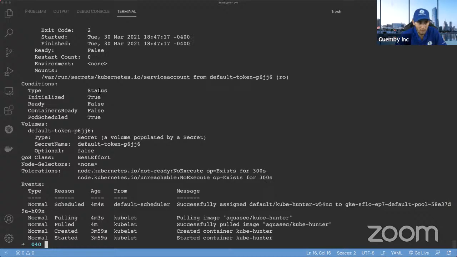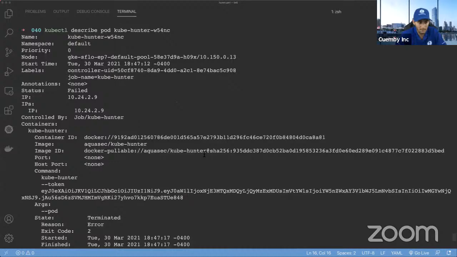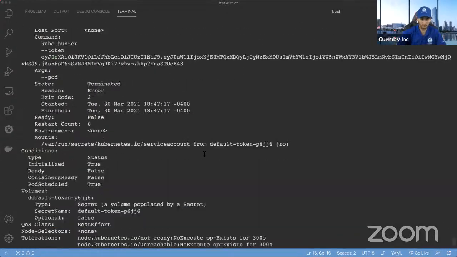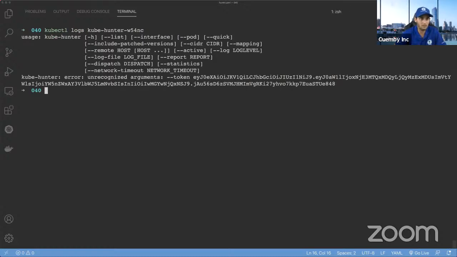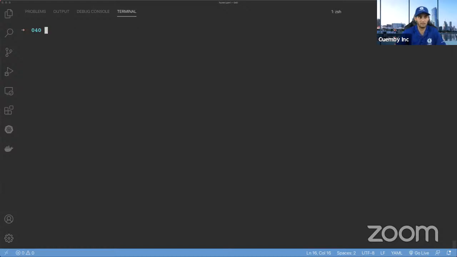So Kube Hunter, the image is good, so nothing wrong with the image. It looks more like an application error. So let's check the logs now and see what's going on. Unrecognized arguments. Interesting. So it's basically not recognizing my token.